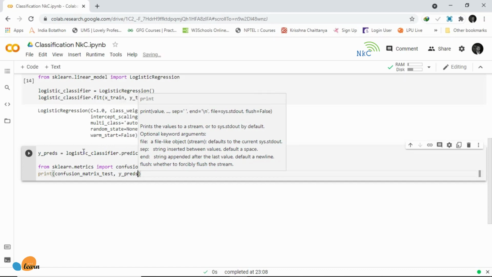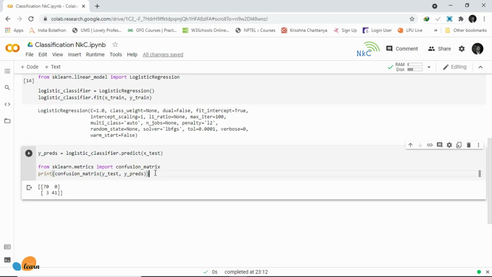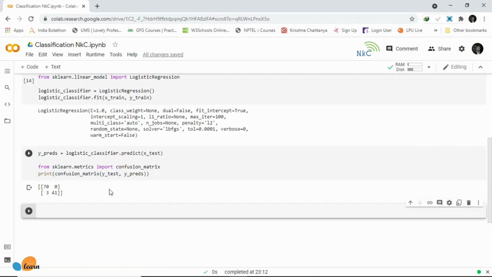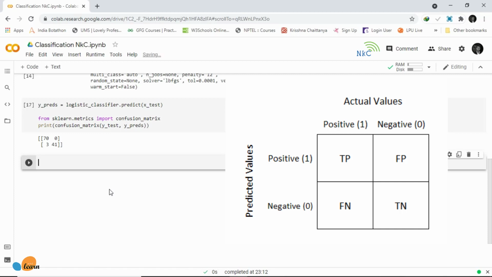And now let me run it. And you can see right here you get 2 columns and 2 rows, and basically these are 2 data points for correct predictions, and these represent the number of false predictions too.